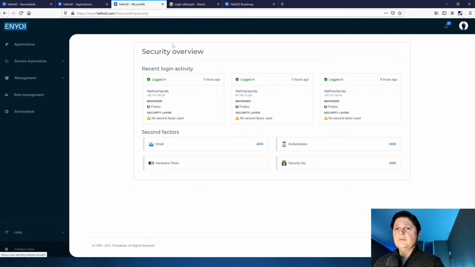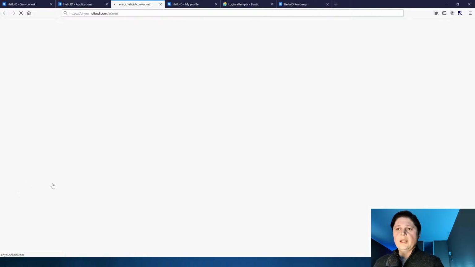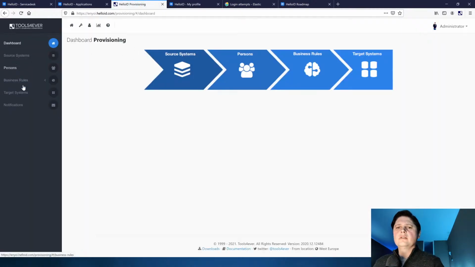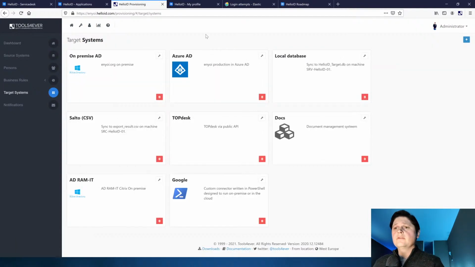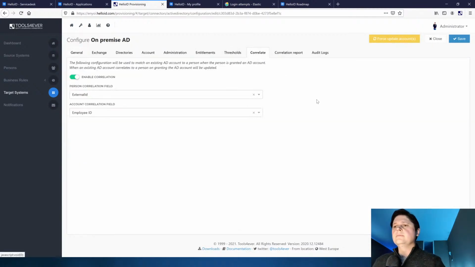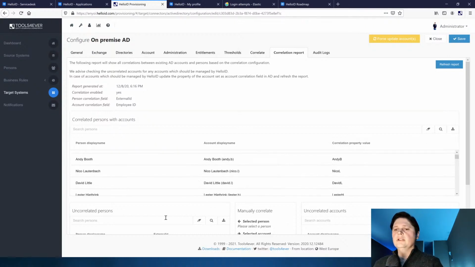The last one I want to show is the in the admin portal for provisioning, because it's requested a lot of times, and it's particular for Active Directory, but there are multiple places where you can use that, and it is to export reports. So we have a new button here where you can export reports, and it will be exported to a CSV file. So here you can export all the persons that are correlated with accounts, export the uncorrelated person or the uncorrelated accounts. So you can more easily check them inside the network, or see if everything is good and